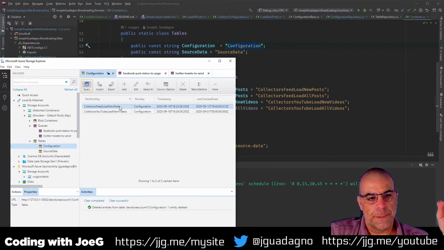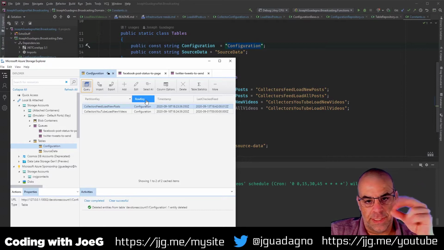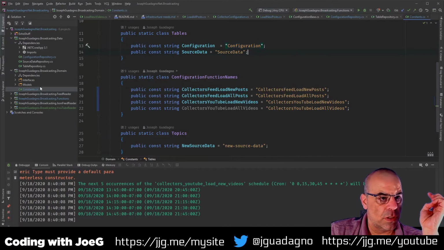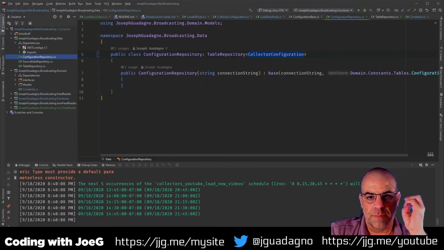Because Azure tables require a partition key and row key for its indexing. So I think I'm actually going to turn the partition key into the row key and just make the partition key the configuration. So let's go and do that.